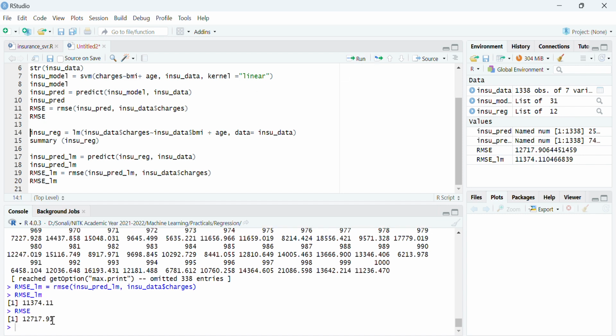So if you fine tune your model, you can get near values for the models. I hope you understood this linear support vector regression model, which can be used instead of your simple linear regression models. So in my next video, I am going to discuss the random forest classifier in